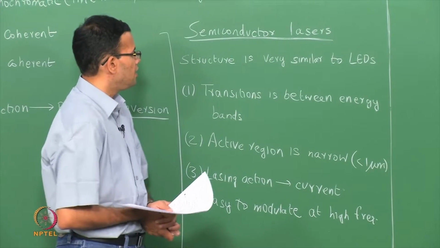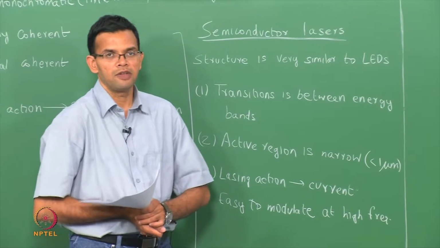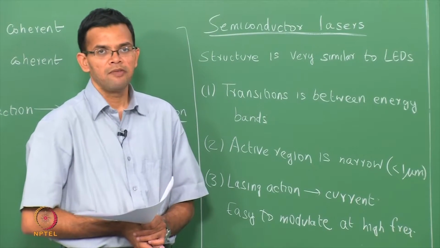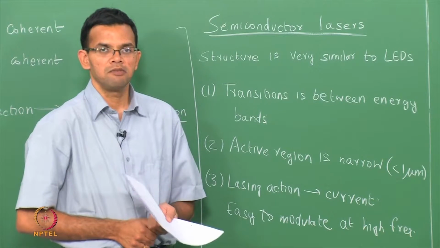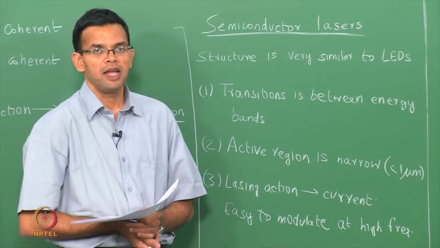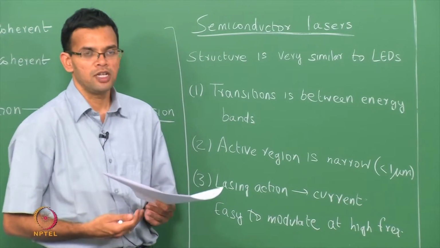So, we said that the structure of a laser is very similar to that of an LED. If you remember, in the case of an LED, we had electrons in the conduction band and holes in the valence band, and these two recombined in order to give you radiation. So, if I were to show that schematically,